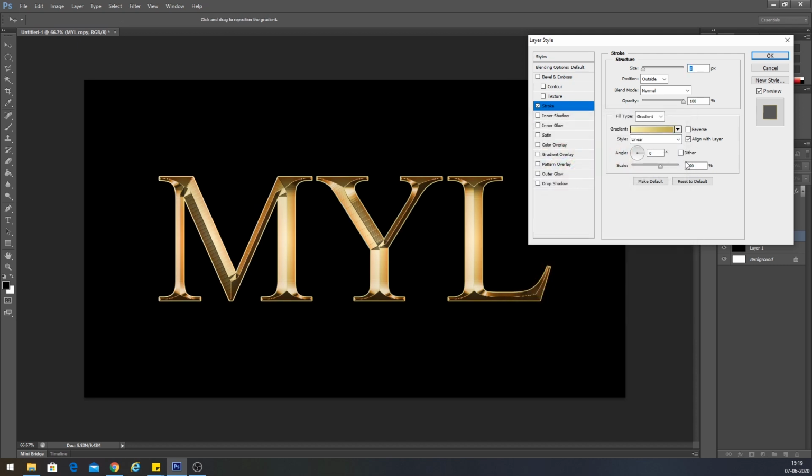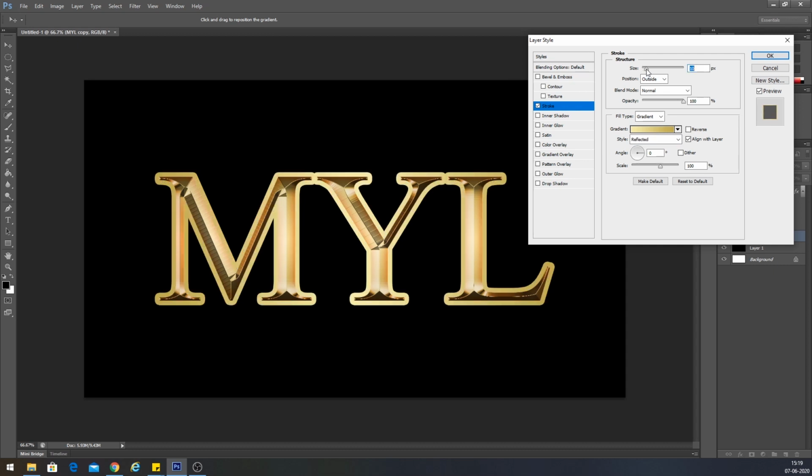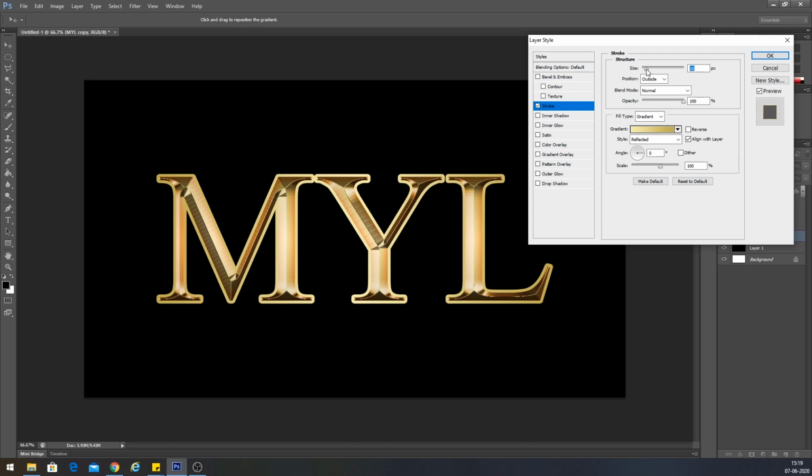Okay, always choose linear to reflect it, so it looks nice. Now try to increase the size. Okay, a little bit. Okay, this one looks nice. Stroke size.